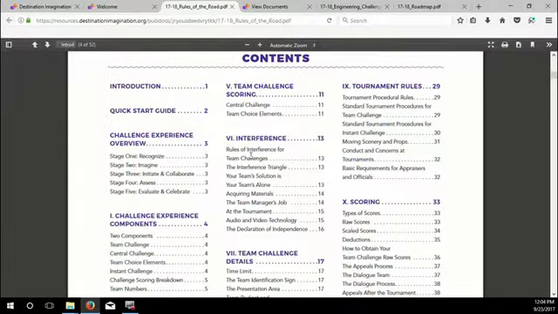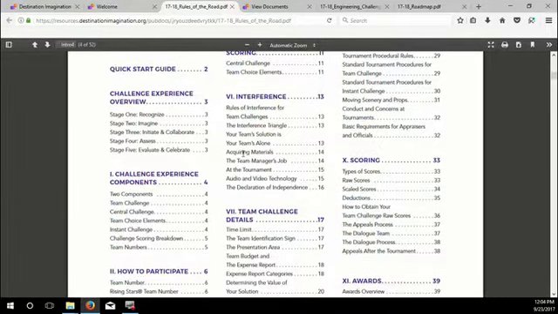Well, the rules of the road explain, obviously, the rules of the program, and it's very important for a team to understand them so that they don't get to the tournament and find out that they have been doing things that are against the rules. The first page that you'll want to pay attention to in Rules of the Road is the table of contents. It's divided up into several different functional areas.